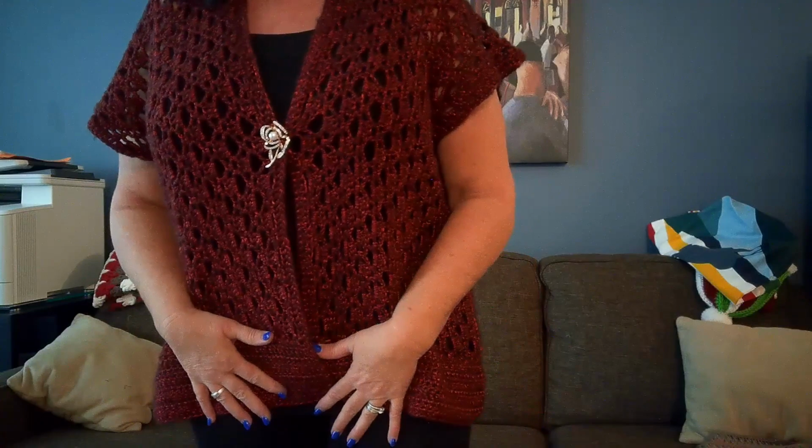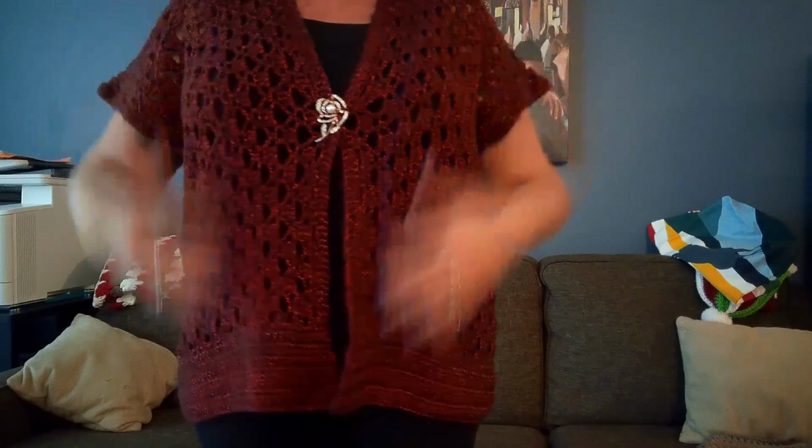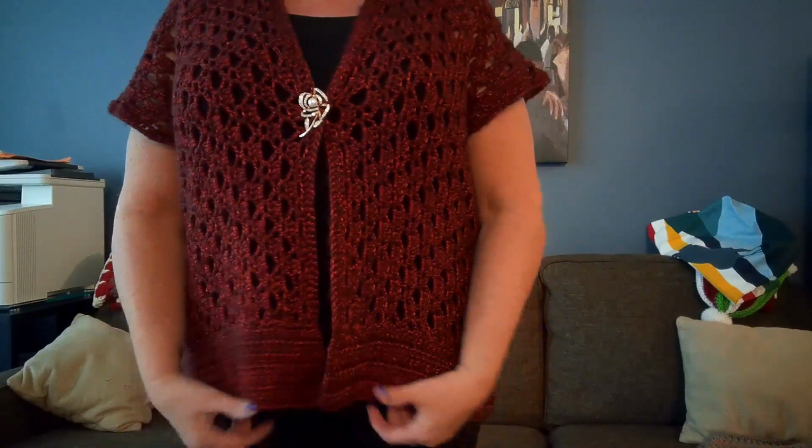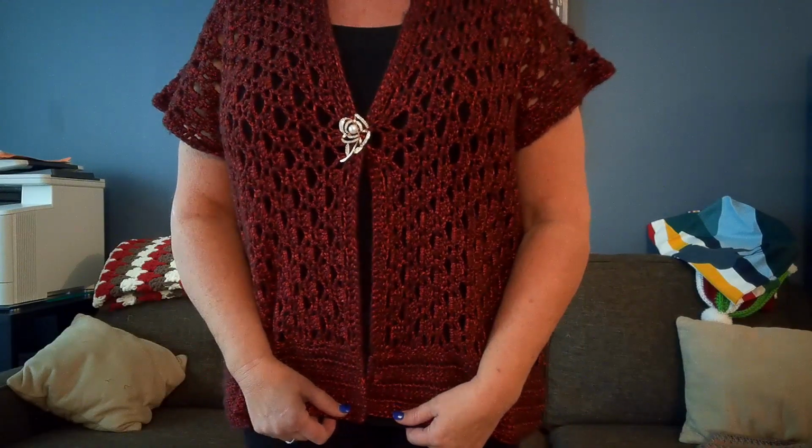I sewed it on the sides. I sewed it at the back. So it's 2 long rectangles, basically, 2 long rectangles that measure from here all the way to the back. And then I added this double crochet here. So that is my very first, and I really, really liked it,